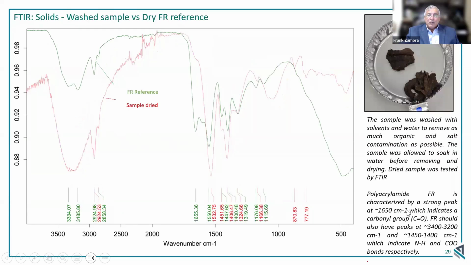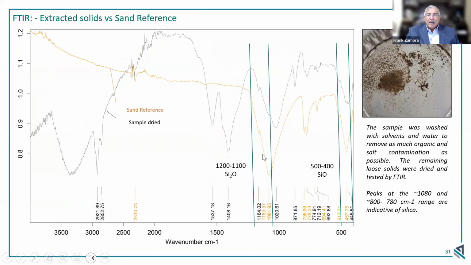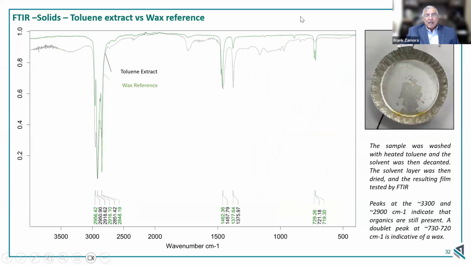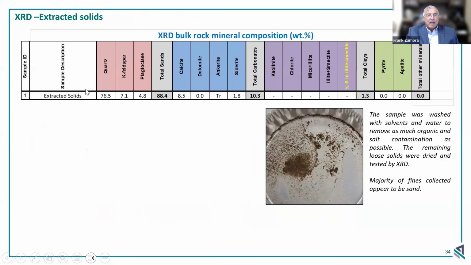versus dried, we do see some polyacrylamide, but not as much. Here we're comparing it to a sand, and this is some of the references you can use on the FTIR, comparing a sand. So there is obviously sand based on the peak that's right here to help identify it. And it does have oil, but the XRD is able to help us identify that